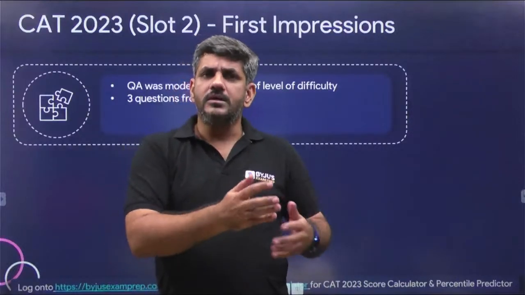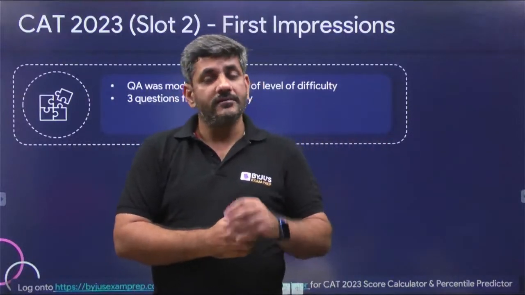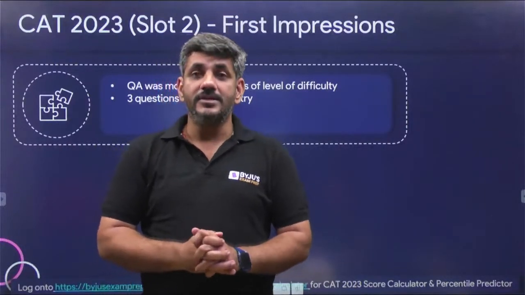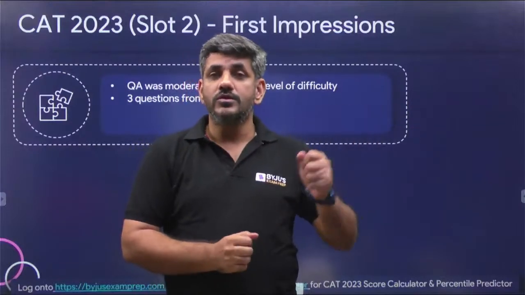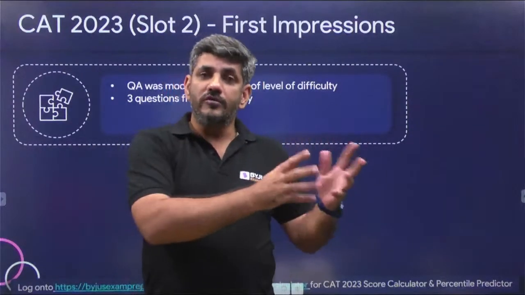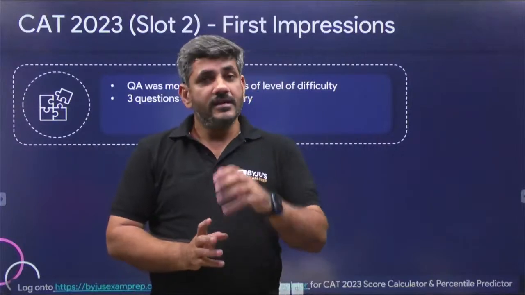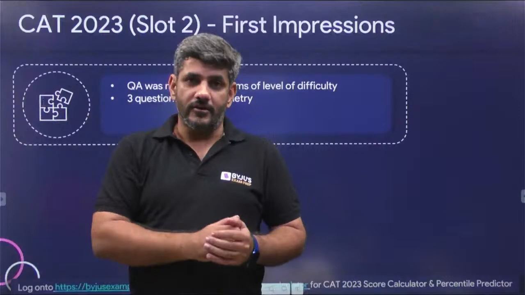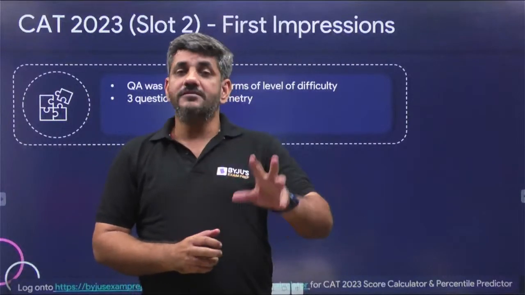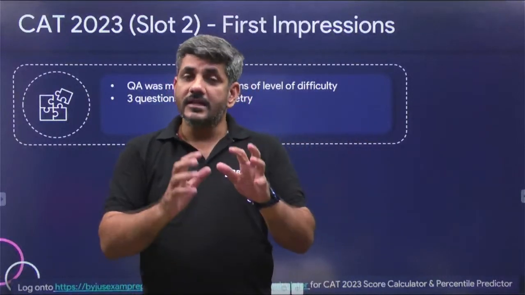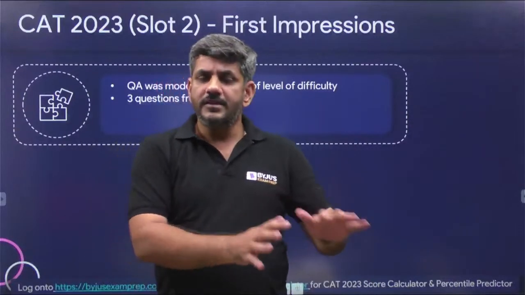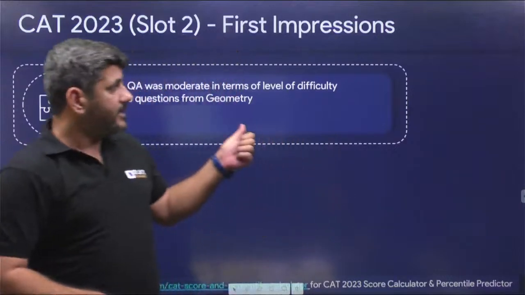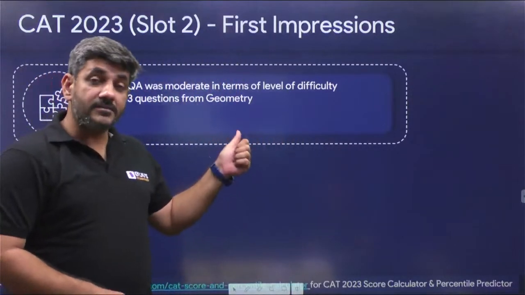Similarly, the other arithmetic questions were not very straightforward. This time we had 3 questions from number system as well. One was based on factors, where there are 2 more factors apart from 1 and the number itself. That was not straightforward, and making it a TITA question makes it more difficult. The geometry questions were also difficult, and algebra probably was the toughest within that toughest section of today. In my opinion, quantitative ability was the toughest among them.